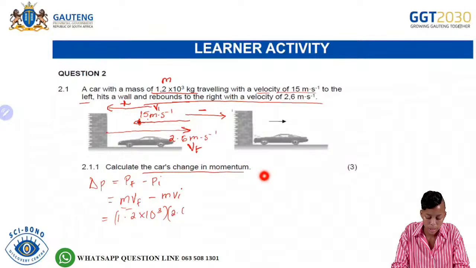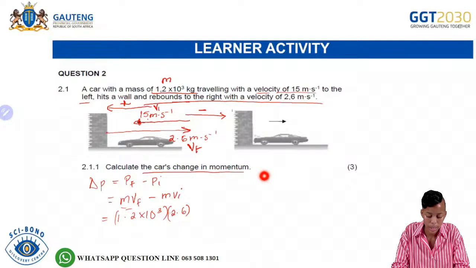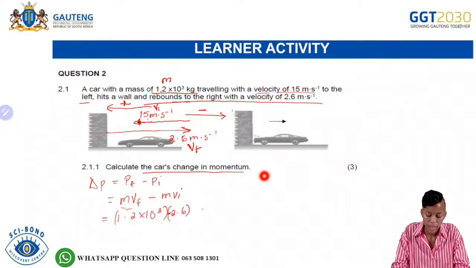The final velocity is given by 2,6. But remember, we are going to give this velocity a negative, because we said whatever is going to move to the right-hand side, the direction or the sign will therefore be negative. Then minus the mass of